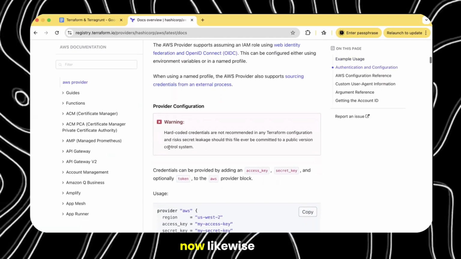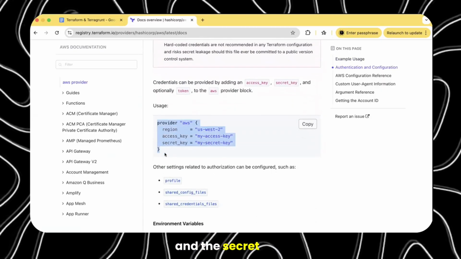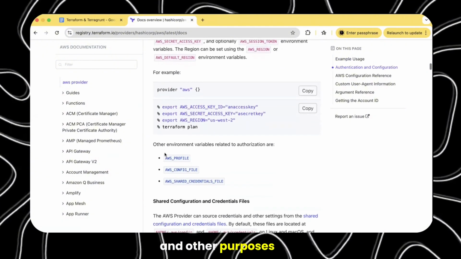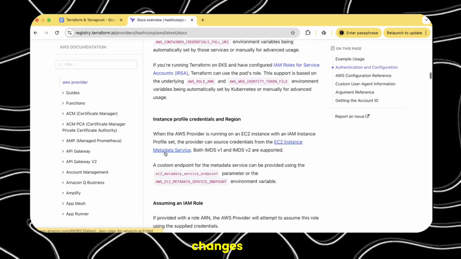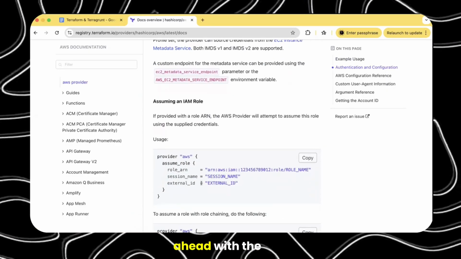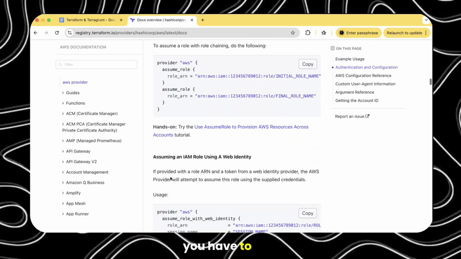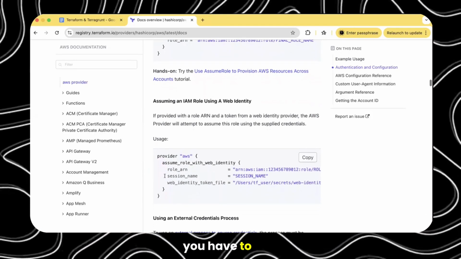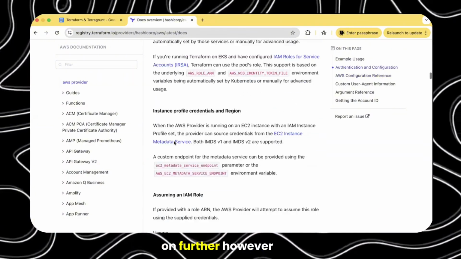Likewise, you can define the provider with the access key and the secret key for authentication and other purposes. The things change as you move ahead, with the session name, the role or ARN, whatever way you have to assume or pass the things, right? So that goes on further.